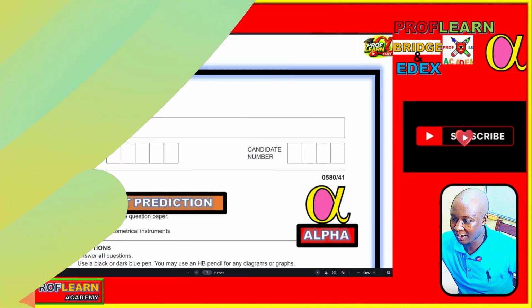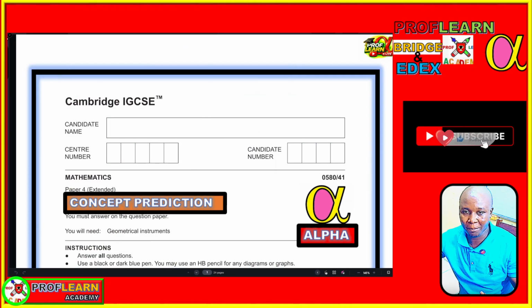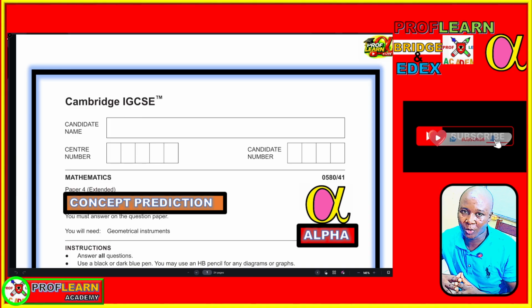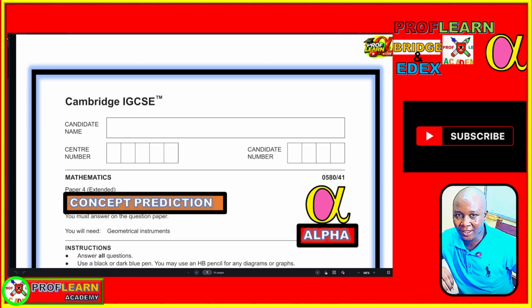All right, let's dive in so that we can get started. And if you would like to download this paper, work it out so that you can check the solution that I'm posting, you'll find the link in the description. Then feel free to go download the paper, work it out, time yourself so that you can see how many marks you will be able to